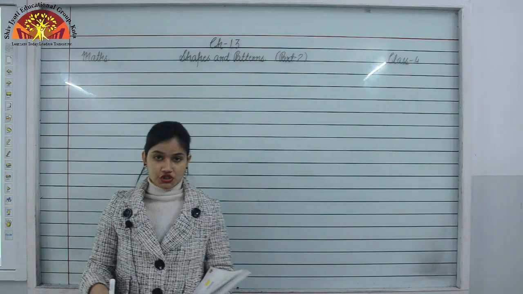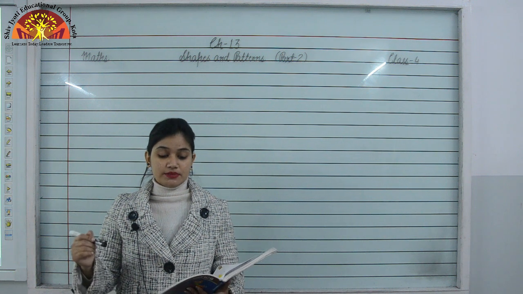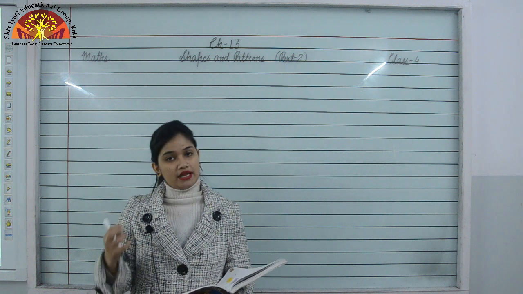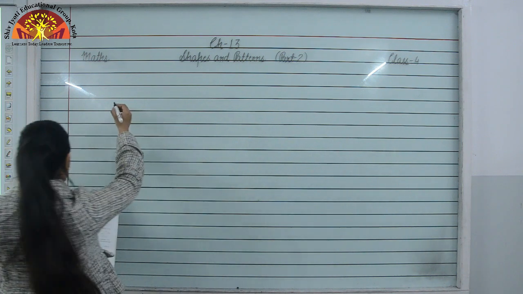So now the next question is question number 3 of exercise 13.4. Question number 3 is find the length of the missing side given the perimeter of the figure. So what is given here in this question? In this question, perimeter is given and we have to find the length of missing side. Okay, so we are taking A part of this question.